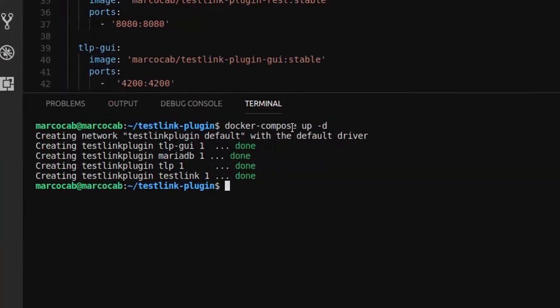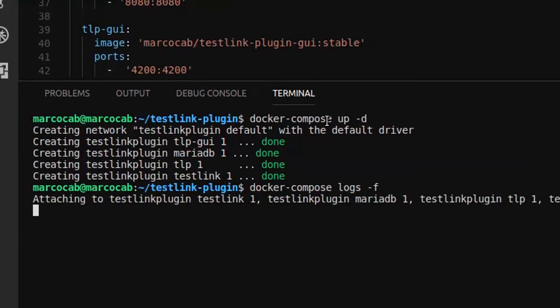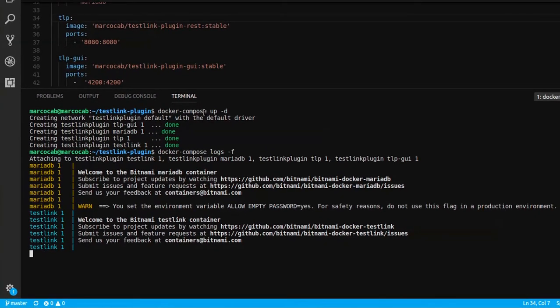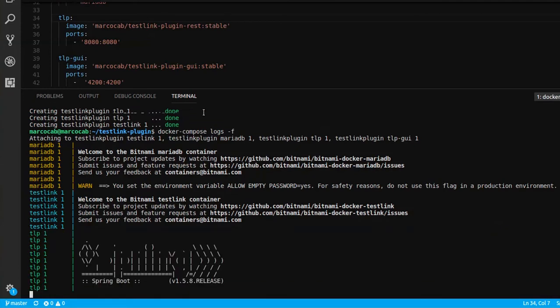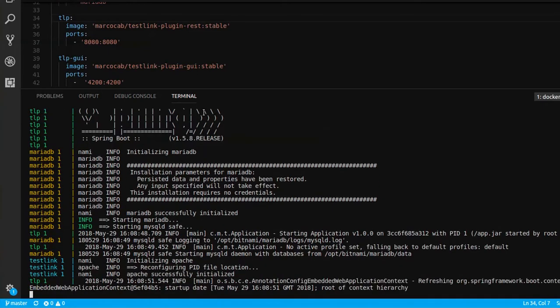With the Docker Compose log command, we are entering into the logging system interactively, and we can wait for the whole system to be ready. We could see that the system is booting up the TestLink and MariaDB environment to have a functional instance reachable through the internet, and also, we could see Spring Boot and Angular SPA messages until they are ready to be